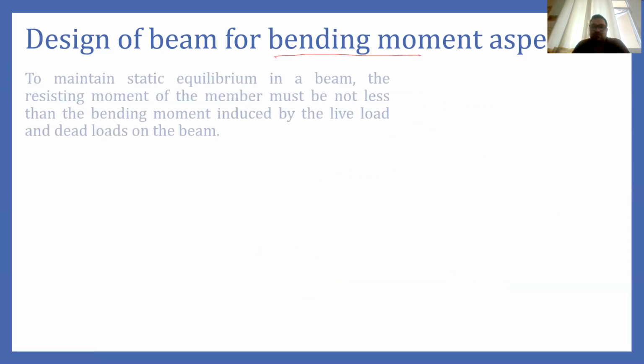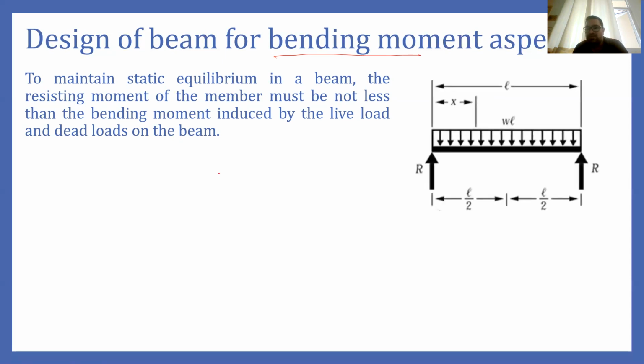Now we know that when the load is coming on the beam, the load causes the bending moment, and against this bending moment the beam tries to oppose the effect of bending through resistance, and that resistance is known as moment of resistance. As you can see in this case, this is a beam subjected to a UDL. Because of this UDL, the beam will try to bend. Now against this bending, the fibers or the particles of the beam material will oppose this bending. So that opposition is basically the resistance.